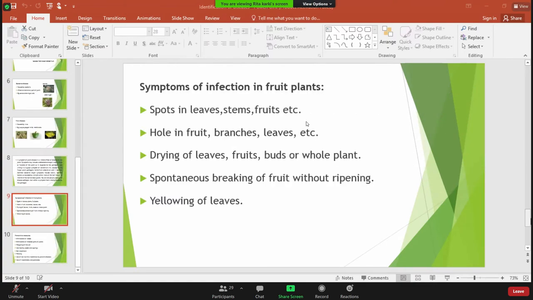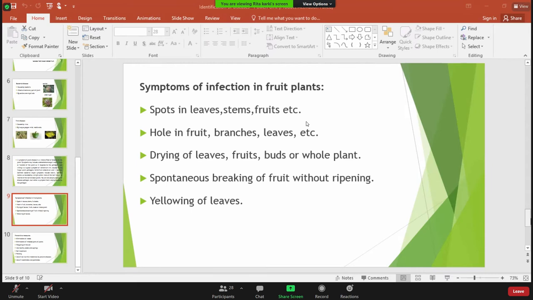A plant will be attacked by any type of infection, whether it is viral, fungal, or bacterial. So we can see the dark spot, the yellow spot, or any other spots in the leaves of the plant. Slowly these spots will move towards the stem as well as the roots of the plant. It may also cause holes in the leaves of the plant, especially during fungal infection. The holes are very prominent in the leaves. In some cases of bacterial as well as viral infection also, holes can be seen in the leaves as well as in the branches of the plant.